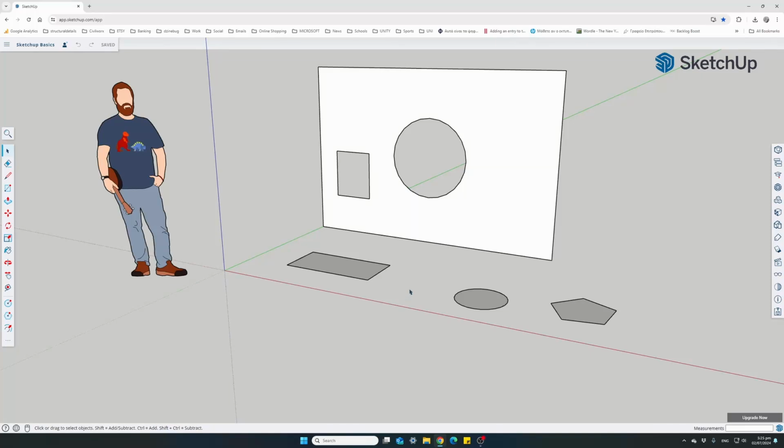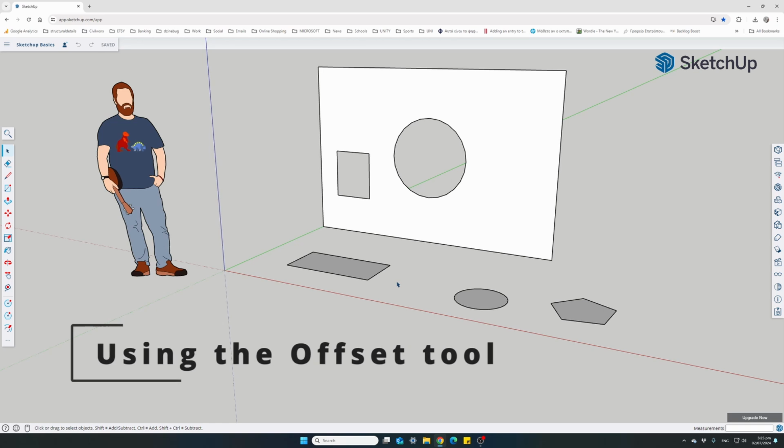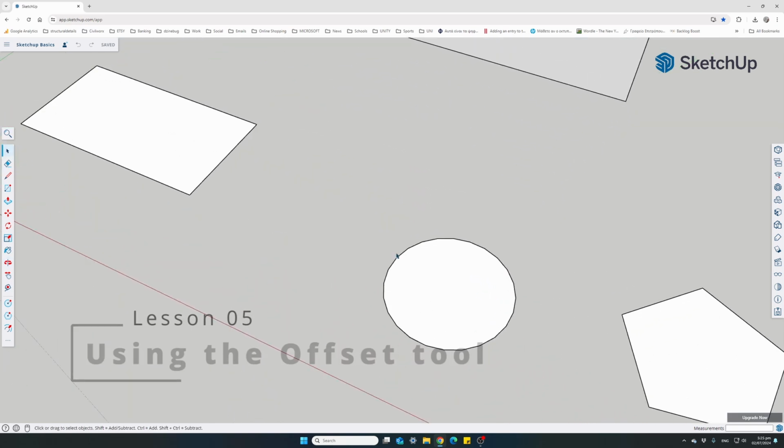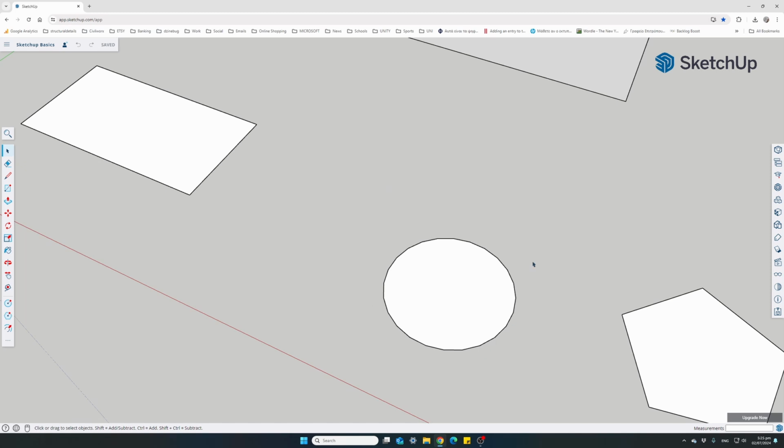Another important tool in SketchUp, very commonly used, is the offset tool. Let's say we want to create concentric circles using our initial circle. Let's find the offset tool at the toolbar. Here it is. Either click on the actual button or use the letter F as a shortcut, and with the